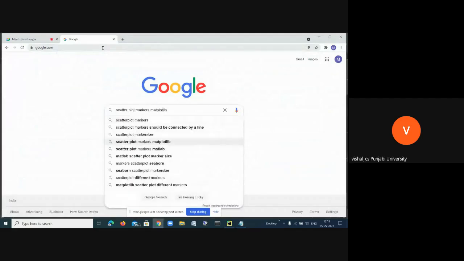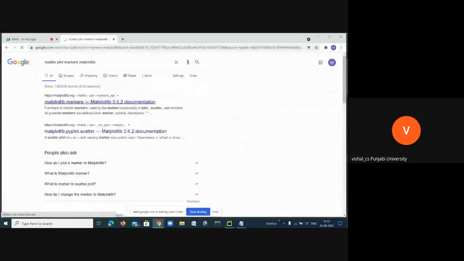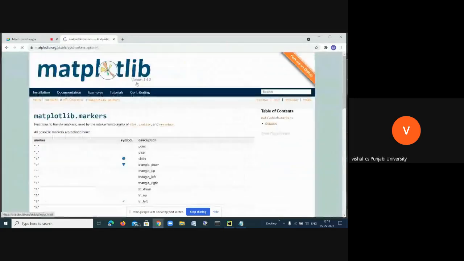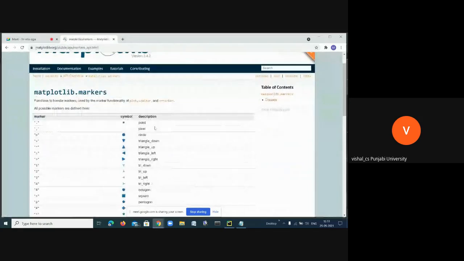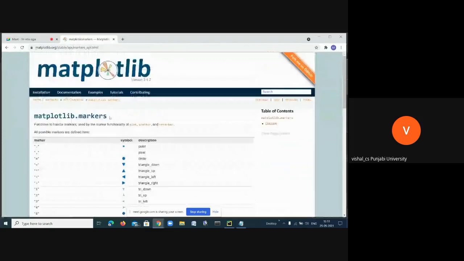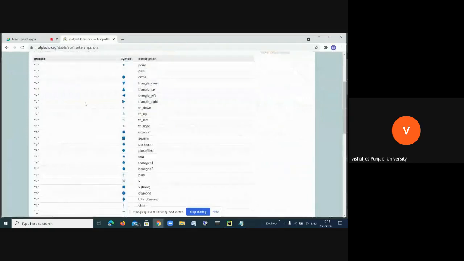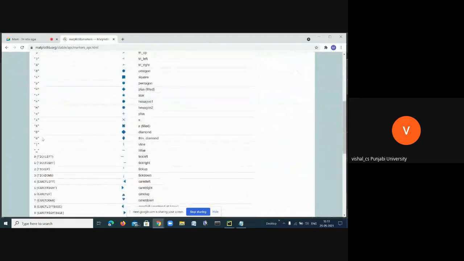You will see the possible markers that are available within scatter. Suppose you want to give d here; see, it will give a diamond shape.